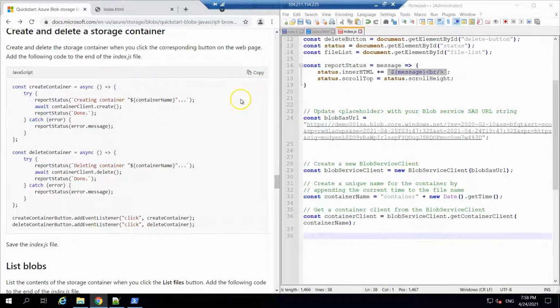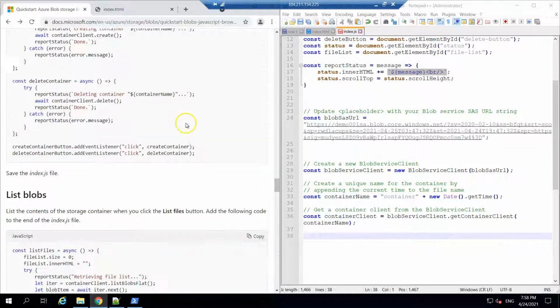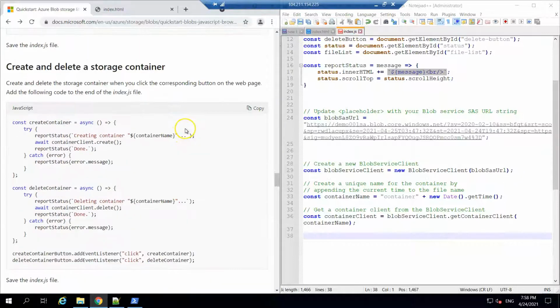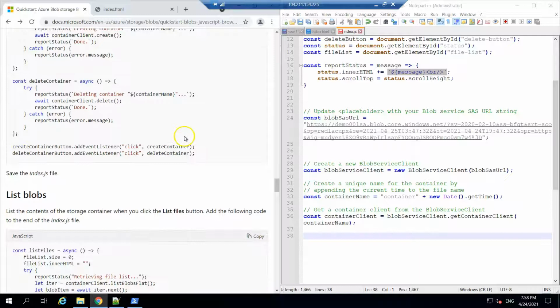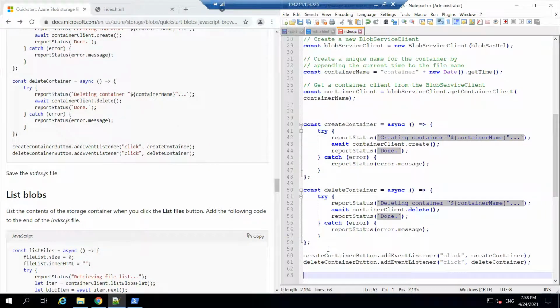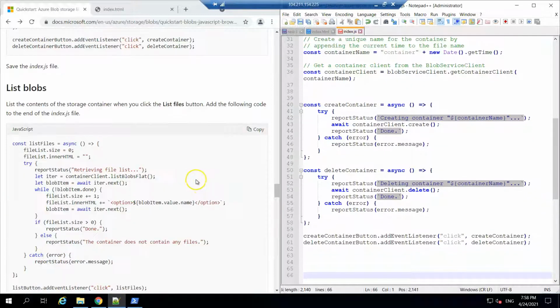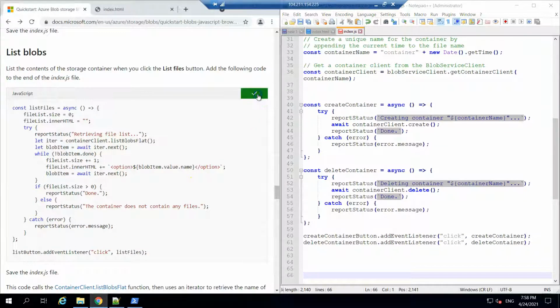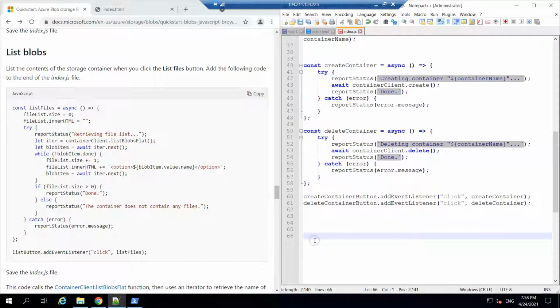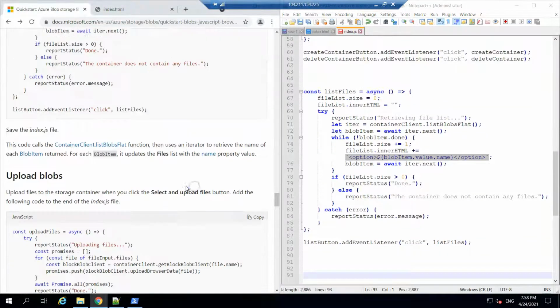We are doing the same for all other operations also. I would request you to read the code and understand it. For now, I am copying it from here and pasting it into this index.js file for each of the operation.